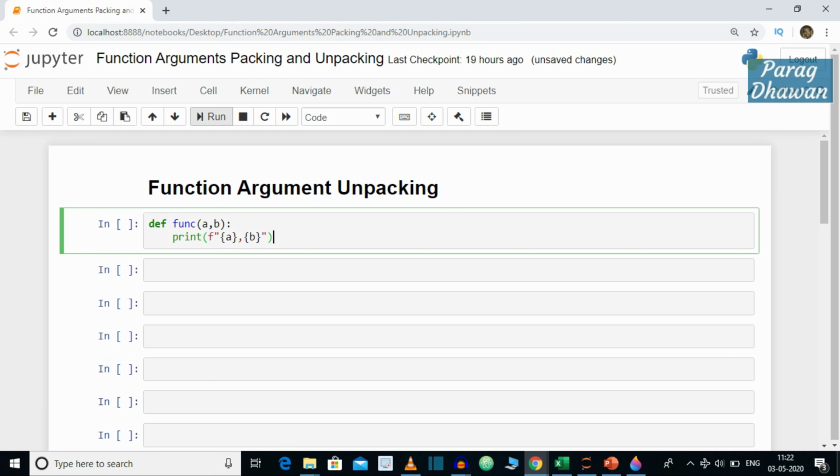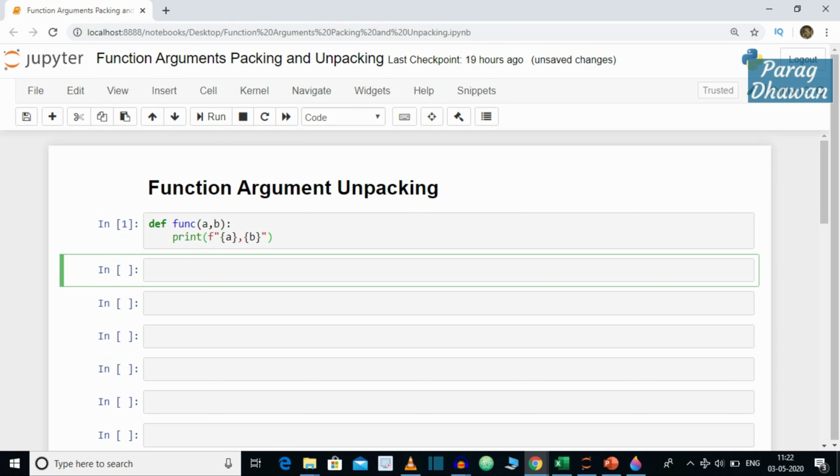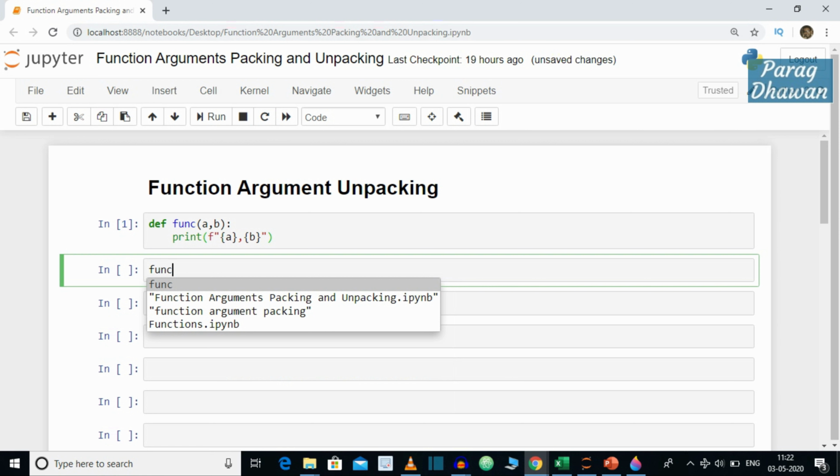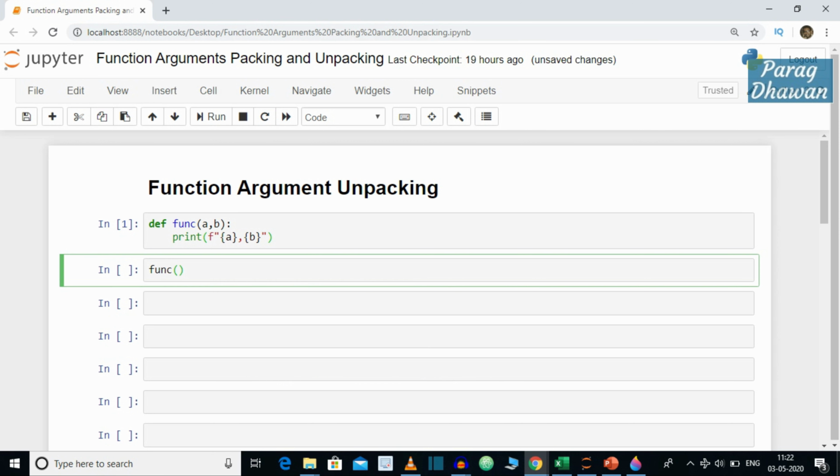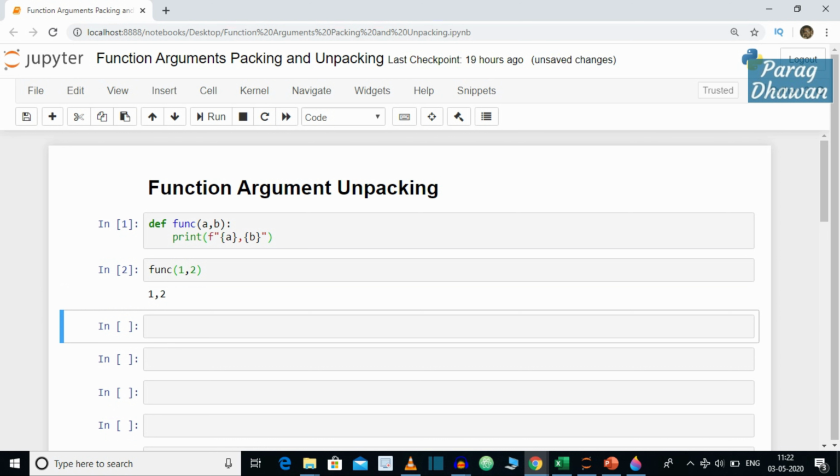Click on the cell, run the cell. The function has been created. If you want to run this function, you have to pass two arguments, the value of a and b. These can be integers, string objects, or floats. The values are printed.